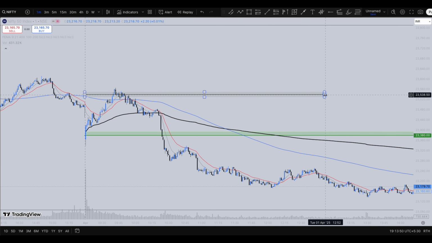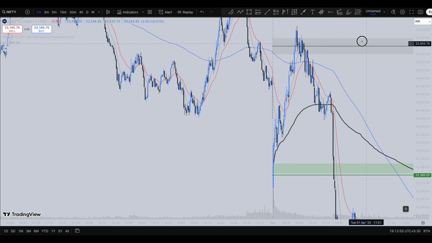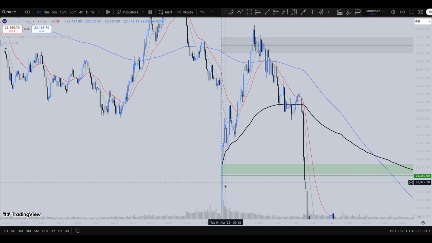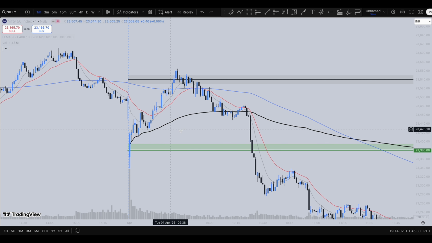This is the pivot levels. This is the daily pivot level, guys. You can see the market clearly gapped down. And immediately after gapping down, the market showed some kind of bullishness, clearly signifying some kind of momentum towards the